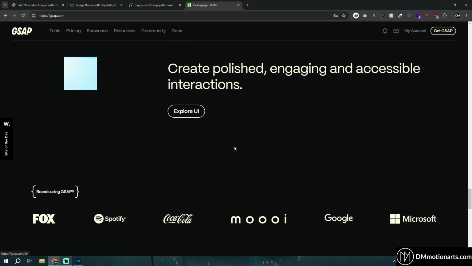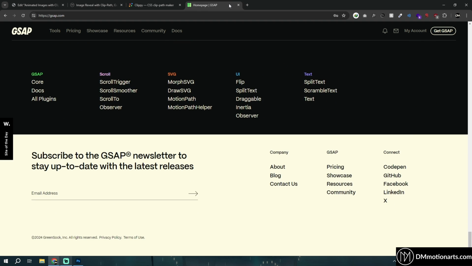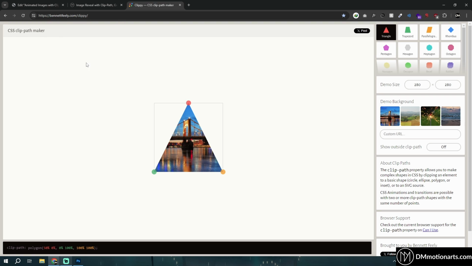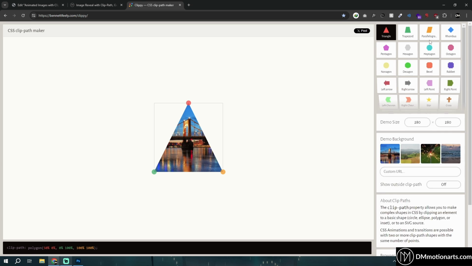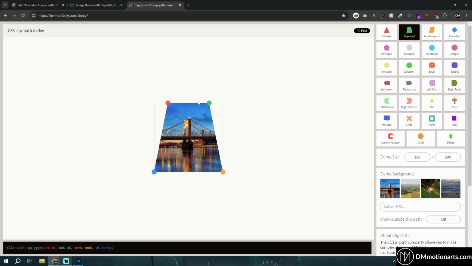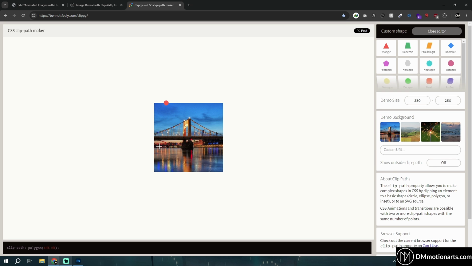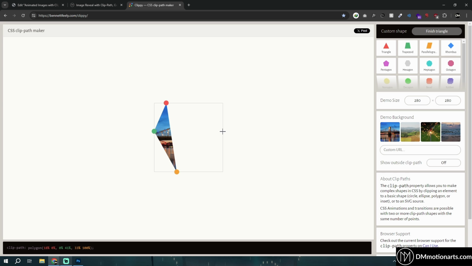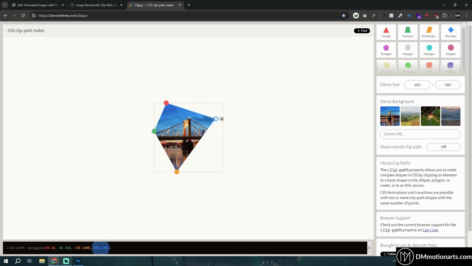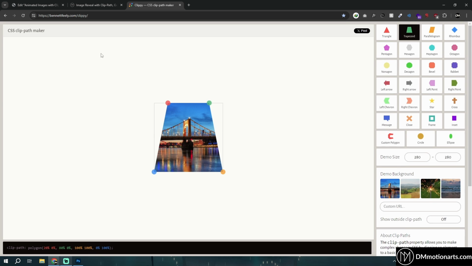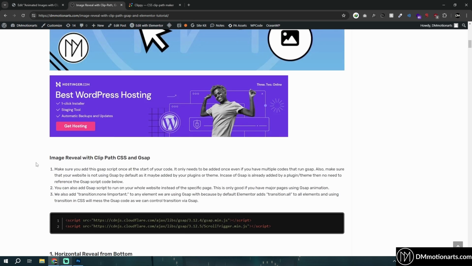But in this video we are just going to work with the clip path, and also this is another site that I want to show you guys, because this one allows us to easily create clip paths. For example, if I want to have a clip path like this, hexagon, or just have some custom design that I want like this, and then I can just place it however I want. But before that, let's just start with